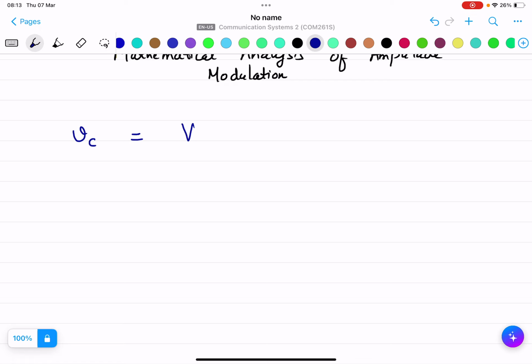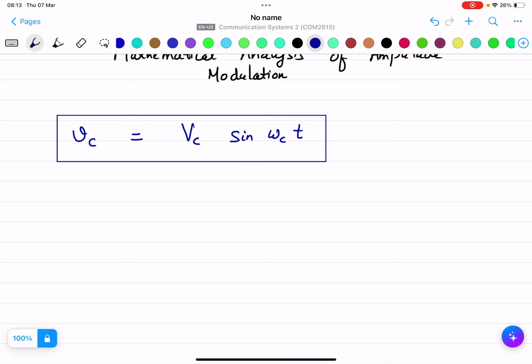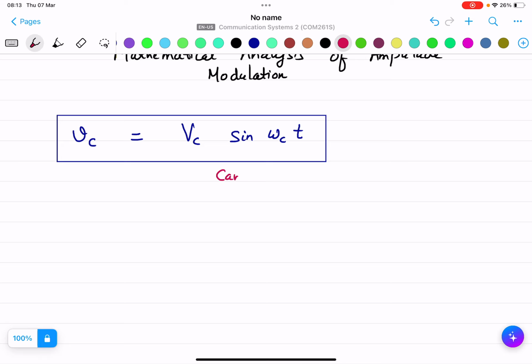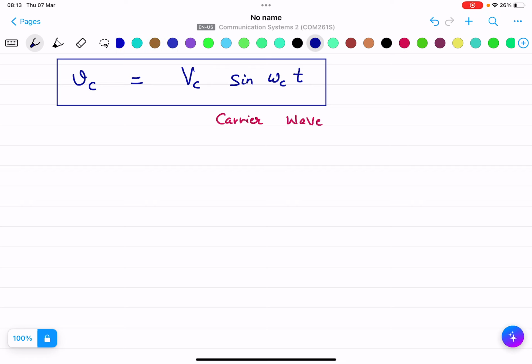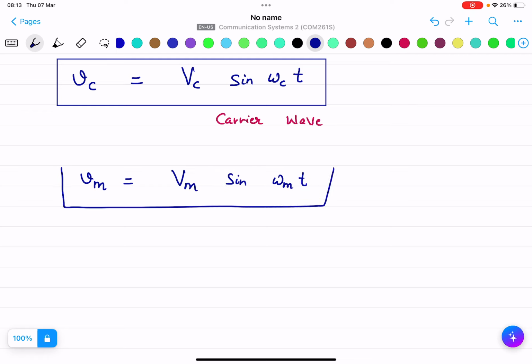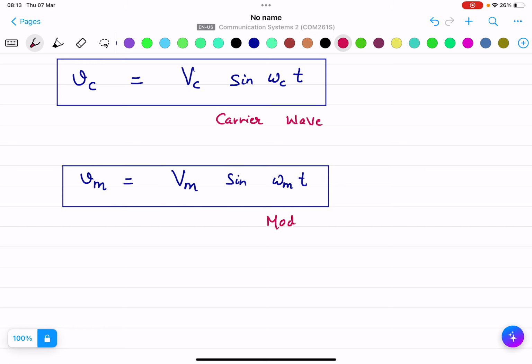Vc equals Vc sine omega c t. This is the way we express the carrier wave. Okay, and we have discussed the modulating signal also. Vm equals Vm sine omega m t. So this is my modulating signal,